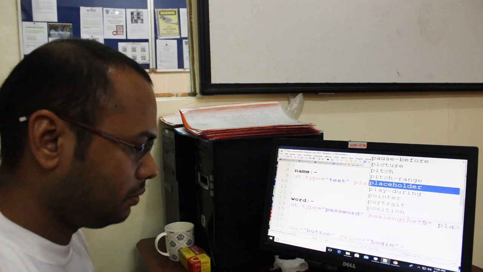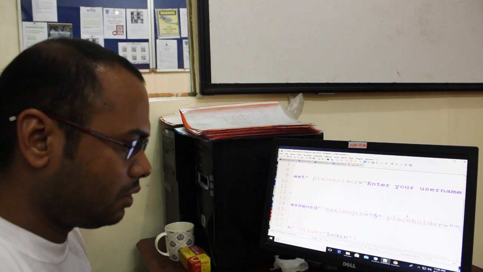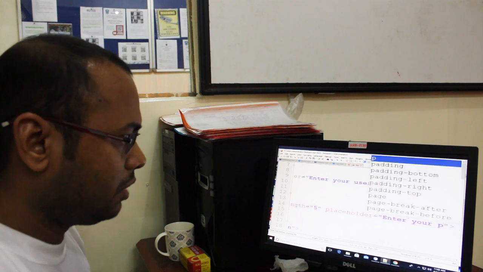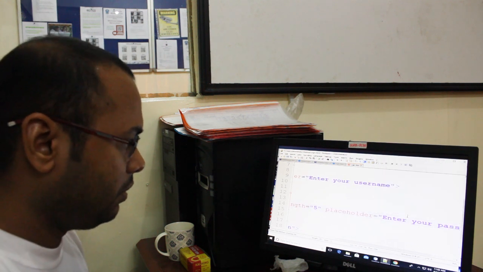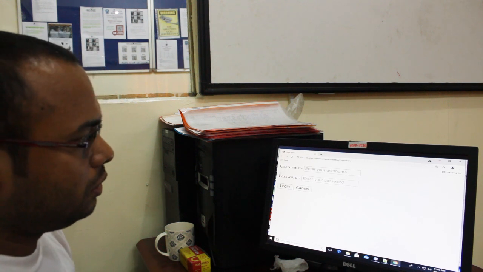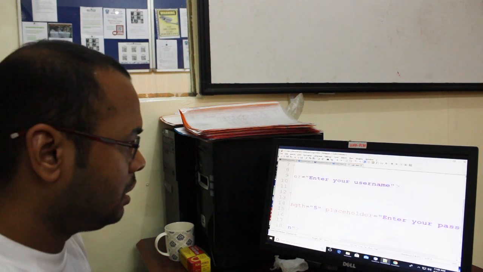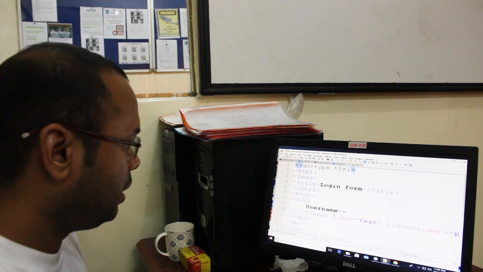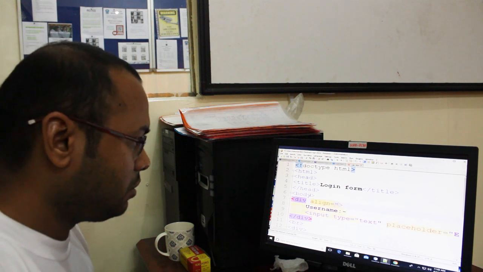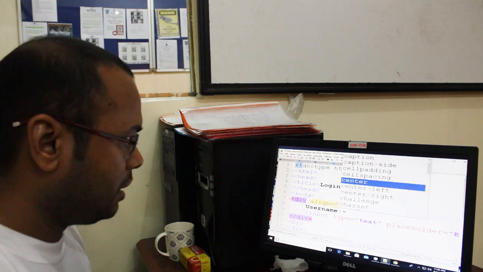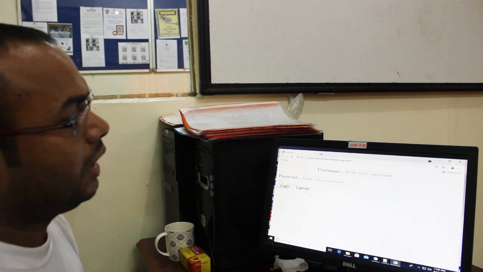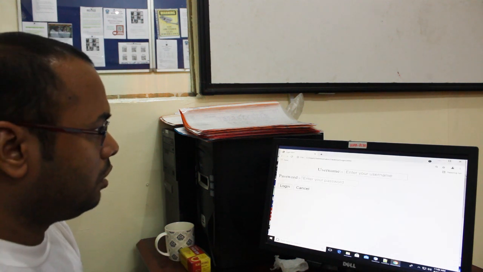Same like this, do it for the password field here, placeholder, double quotes, you can write here, enter your password. Save it, go back. As you can see, you can make it center also, if I want it to look nicer. So for center, we have another property we use in HTML, align. Align equals to center. Okay guys, so I just mentioned here center. Save it, go back.